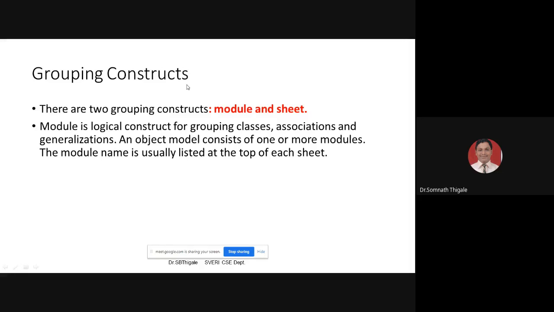How you are going to organize those packages, we call grouping constructs. जसं आपण म्हणू शकतो नोटबुक आहे, 200 पेजची नोटबुक आहे. तर तुम्ही काय करता, फर्स्ट युनिट, सेकंड युनिट, थर्ड युनिट आणि त्याचा एक इंडेक्स क्रिएट करता. एखाद्या बुकचं एक्झाम्पल घेतला म्हणजे काय करतो आपण, ते एका प्रॉपर स्ट्रक्चर मध्ये आणतो. That is nothing but the same concept related to the project. We are calling it a grouping construct.